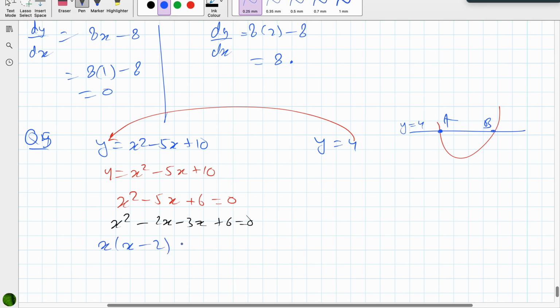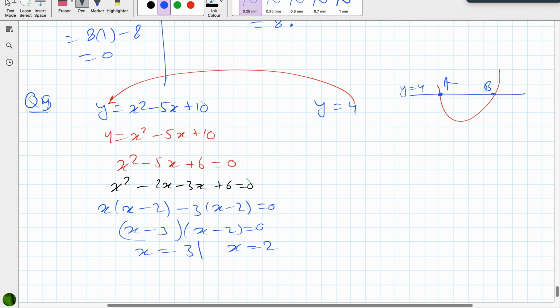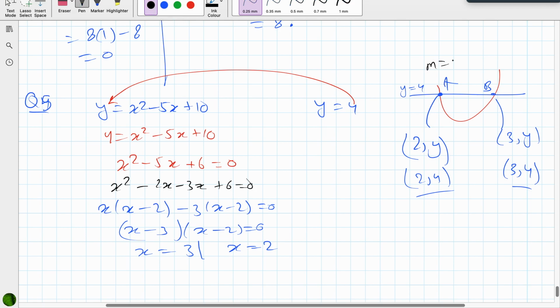So (x minus 2)(x minus 3) is equal to 0. So x minus 3, x minus 2, and we have two values, one is 3 and the other is 2. So this would be 2 comma something, and this is 3 comma something. We are actually not interested in y, we already know the value. Even if the value was missing, we were not interested, because the demand of the question is to find the gradient at point A and at point B, and you just told me that dy by dx is